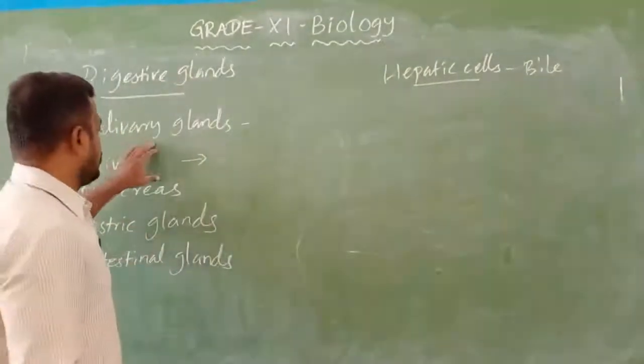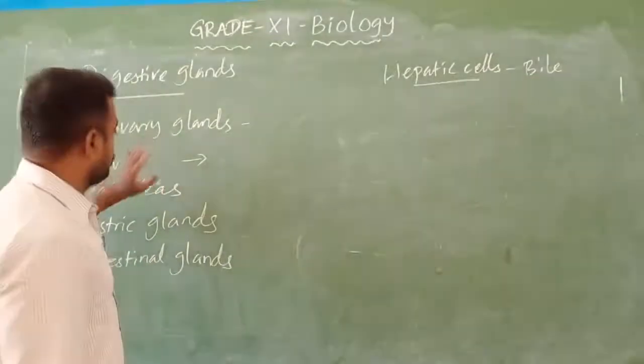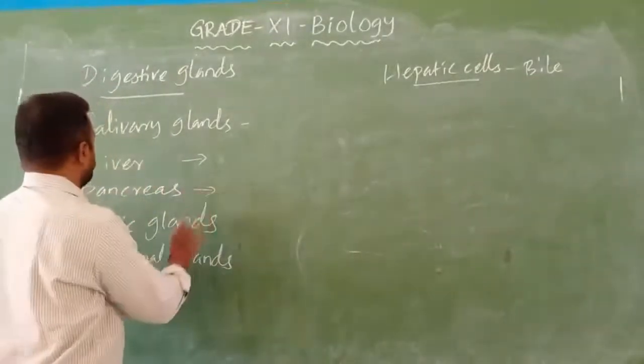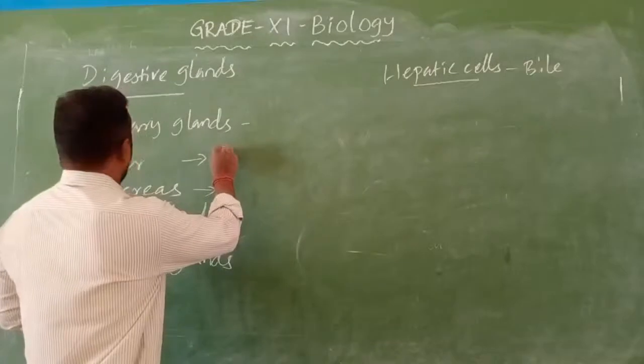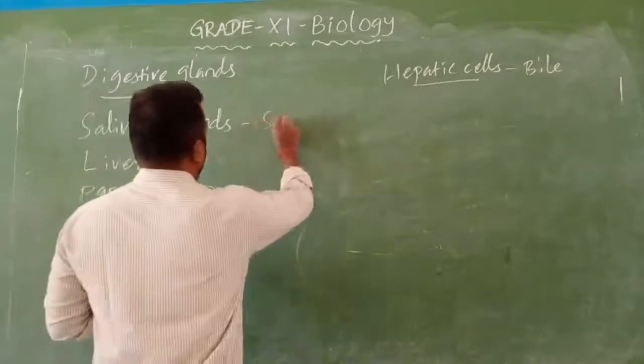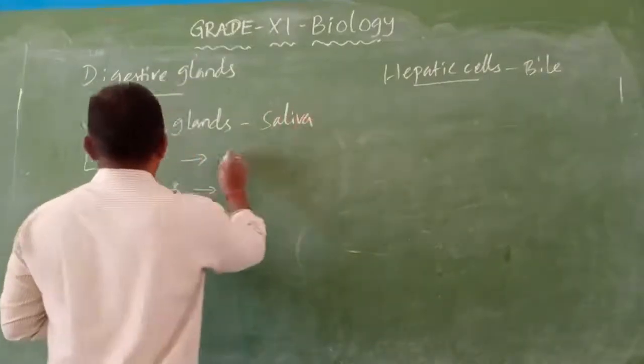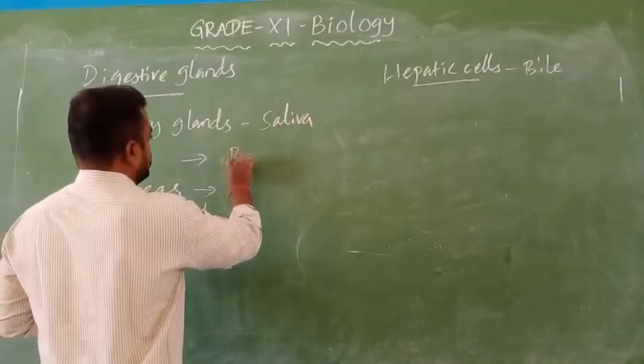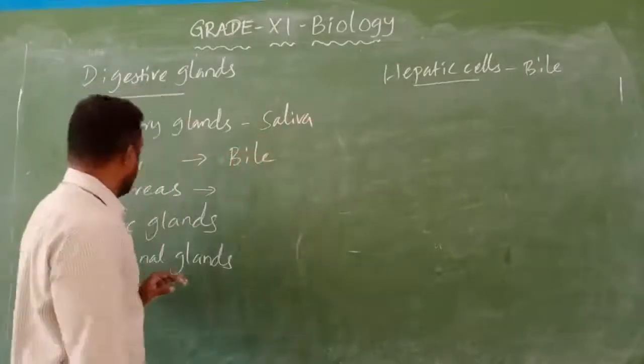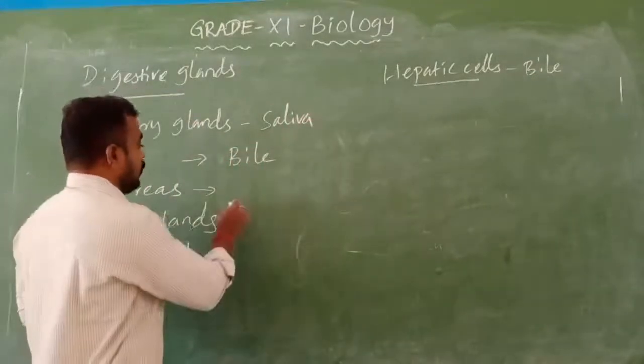So about the liver I told, then the pancreas. Here, what? Salivary gland, saliva. Here bile, which secretes what? Bile. The pancreas, which acts as